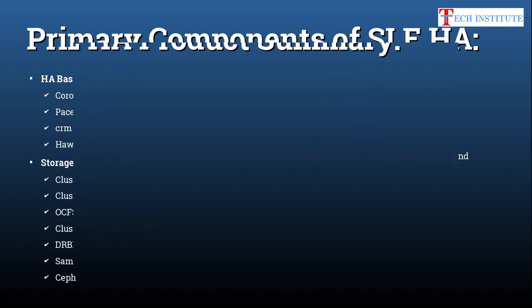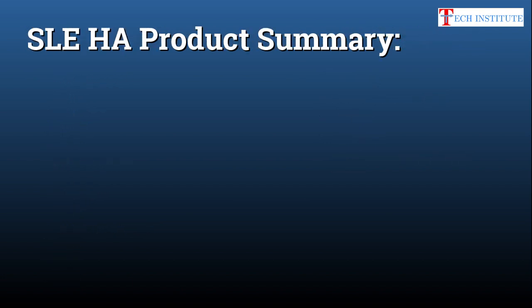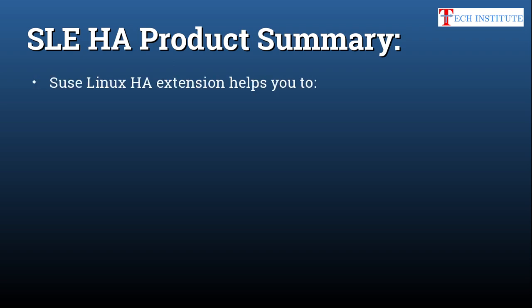Now moving ahead with the summary. So now you have learned what a cluster is, what all the benefits are, what types of clusters there are, and what all the components are. If someone asks you to summarize why you need to use a cluster, or what the advantage of a cluster is, you can say it helps you first eliminate the single point of failure, and because of that you have high availability of your application, which in turn maintains your business continuity. Now your business application is not running on a single node, it is running on multiple nodes. So if one node goes down, your application is still up and running, so your business continues.